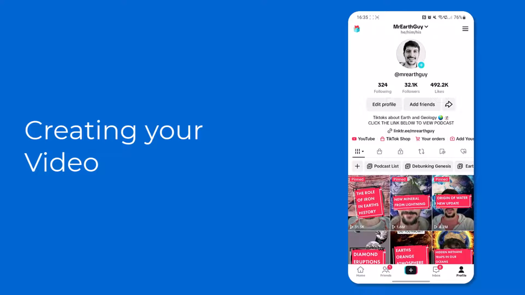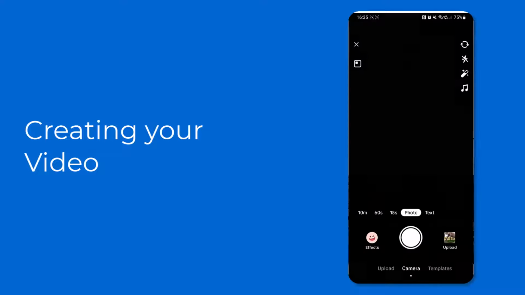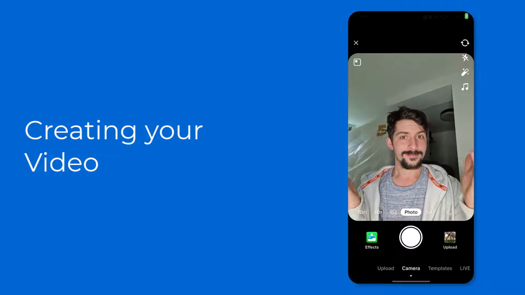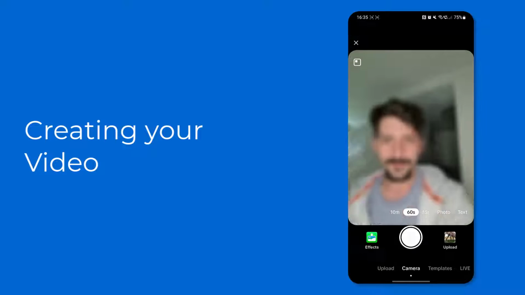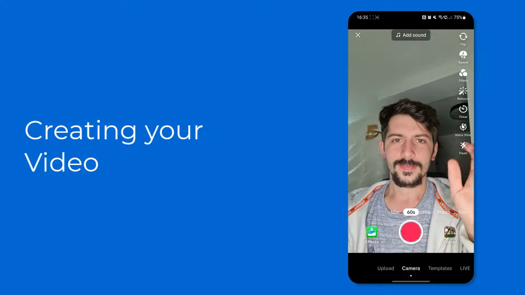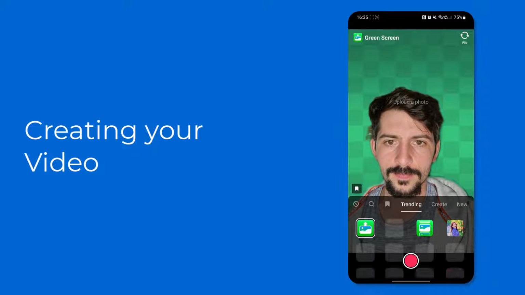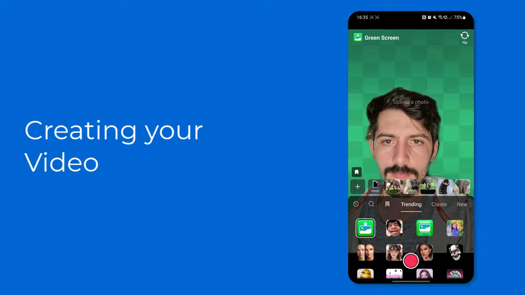So let's get started with making our first video. You're going to arrive at the home profile page of your TikTok account and click on the plus button. Here you will have me in front of you, but you're going to go over to the 60 seconds or the 10-minute mark. Then you're going to go to effects and choose the green screen,